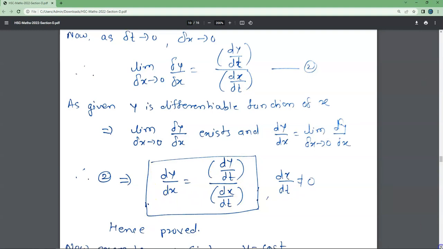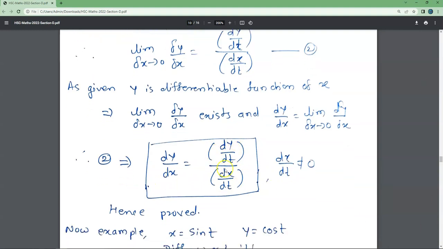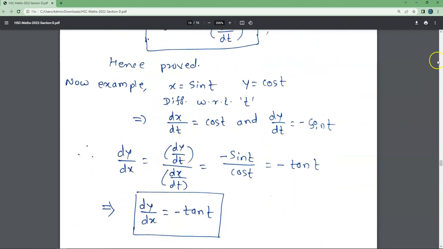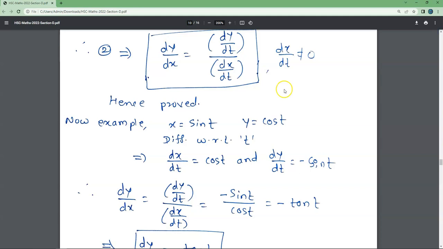आता अशा प्रकारचे examples आले तर कसे सोडवायचे, आधी dy by dt काढायचा, dx by dt काढायचा, आणि दोघांचं division करायचं, simple. आता बघा आपल्याला त्यांनी question दिलाय, right. What is the question they have given, x is equal to sin t, y is equal to cos t, find out dy by dx. So first we will find out dy by dt and dx by dt. So x is equal to sin t, when we differentiate this with respect to t, it will be dx upon dt,